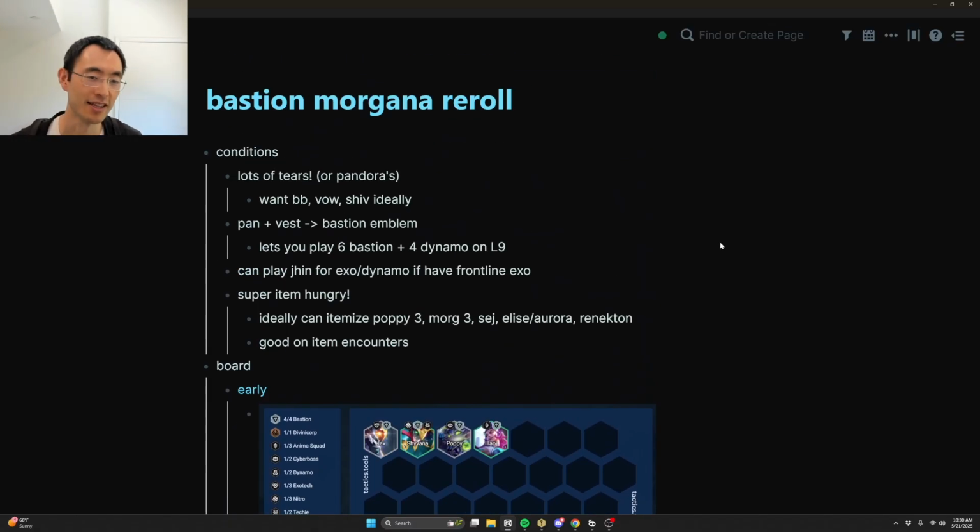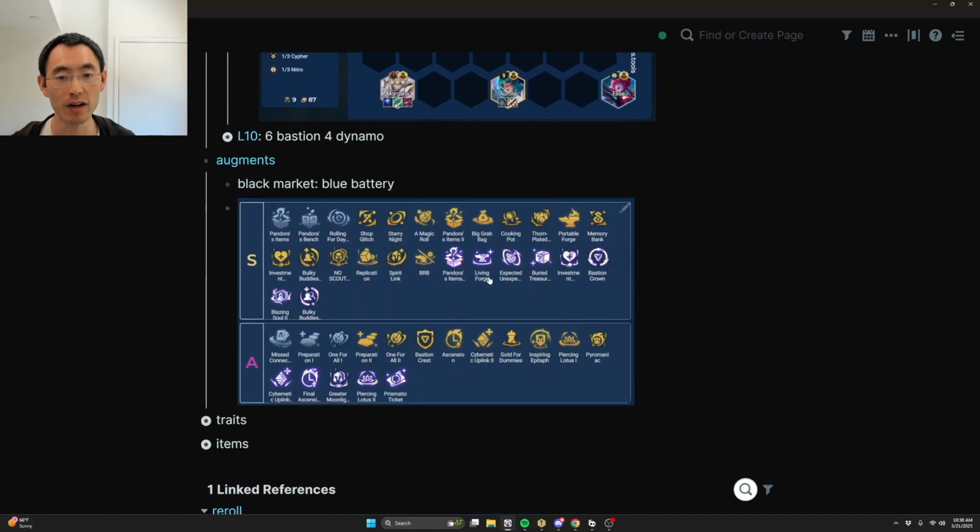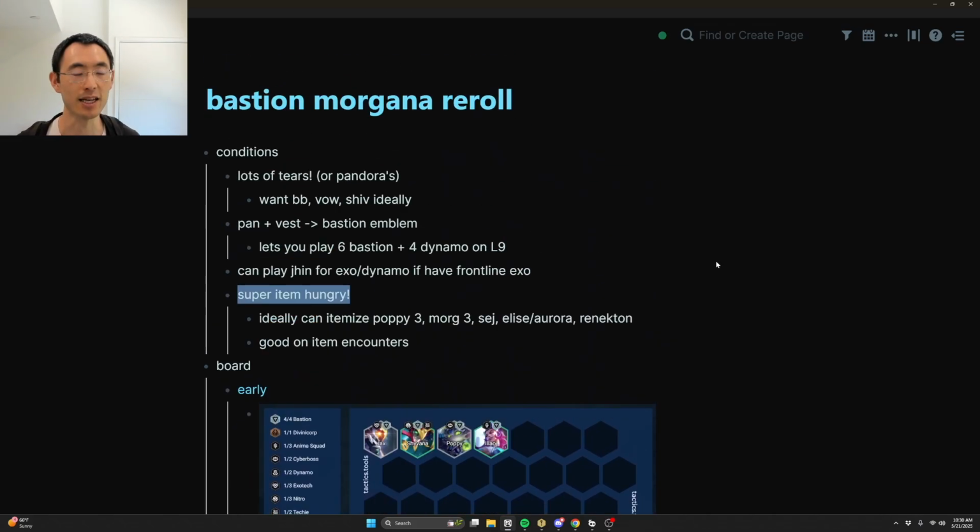So cool. This comp seems like there's a lot of nuance to it. Again, super item hungry. He prioritized items over the investment strategy route. But yeah, it's seeing a lot of play at the top levels, and I hope you learned something from this